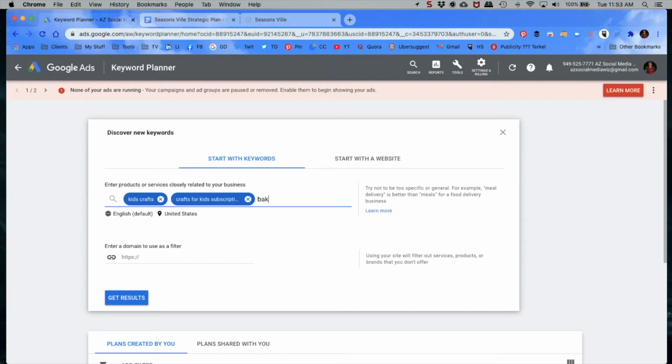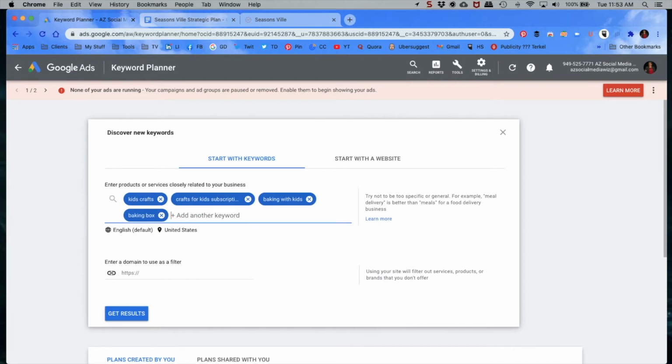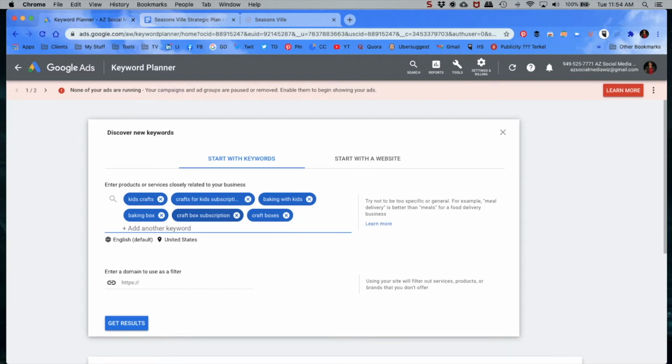Okay, baking with kids, not banking, baking box, craft box, subscription, craft boxes by itself. We're just going to try different ways to say the same thing, such as cooking with kids,